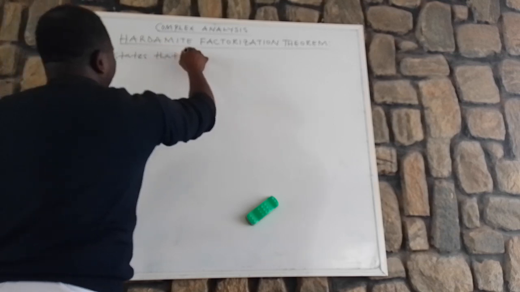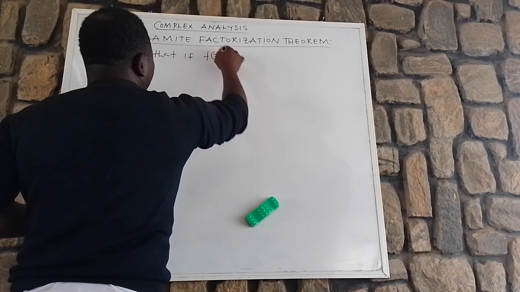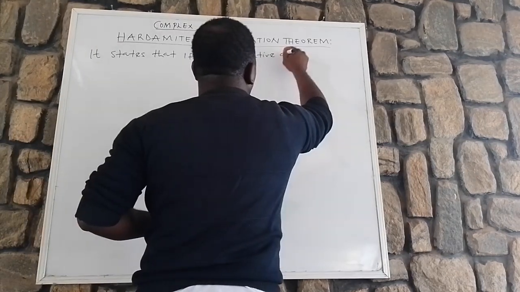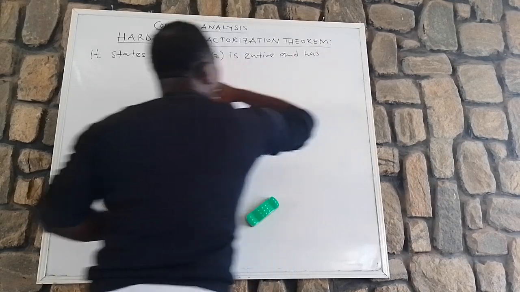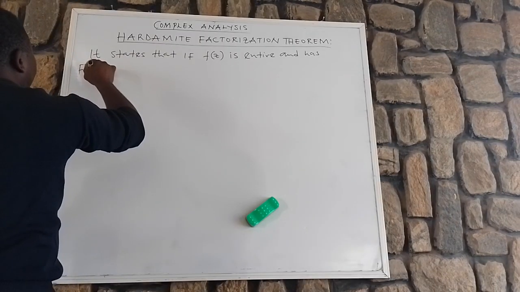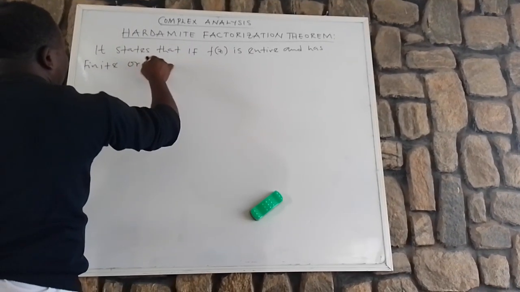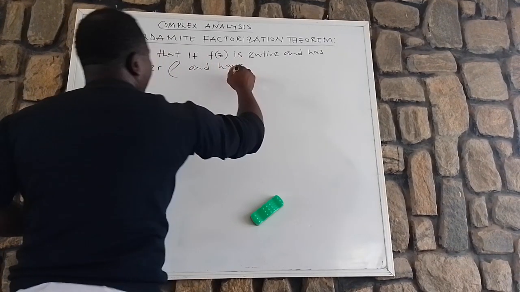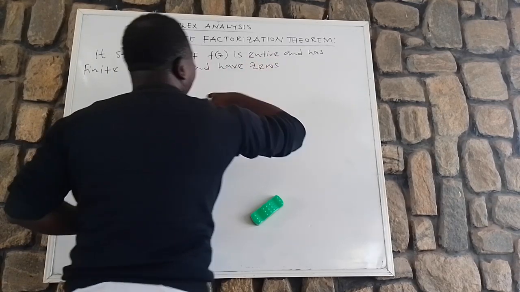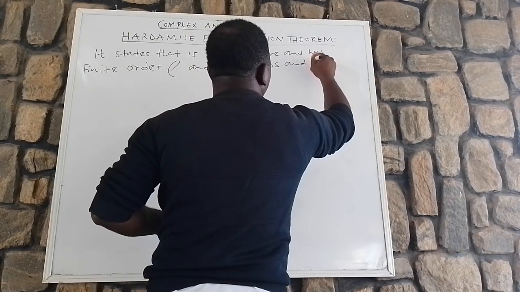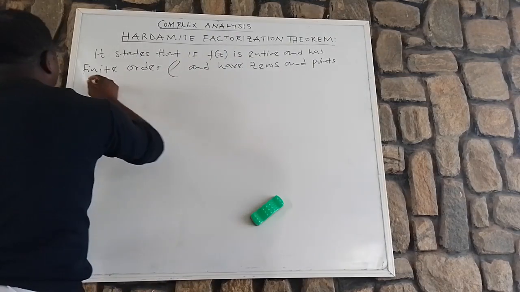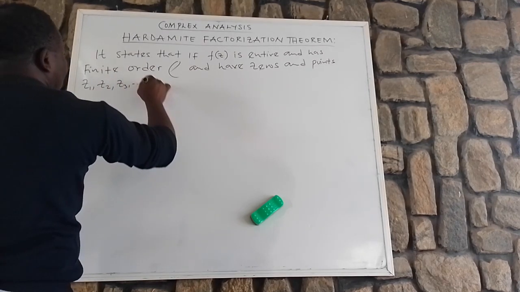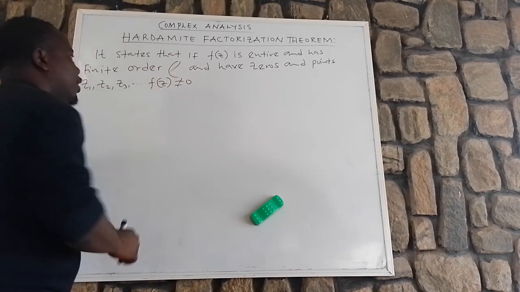It states that if f of z is entire and has finite order, and has zeros at points z1, z2, z3, and f of z is not equal to 0,